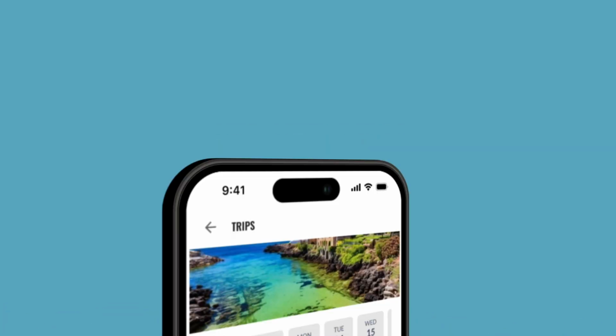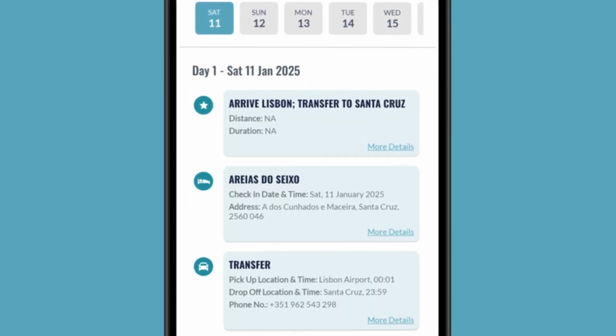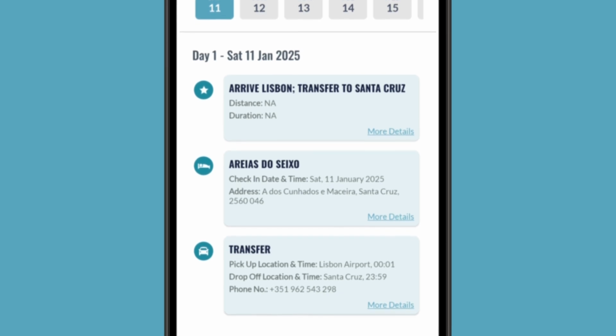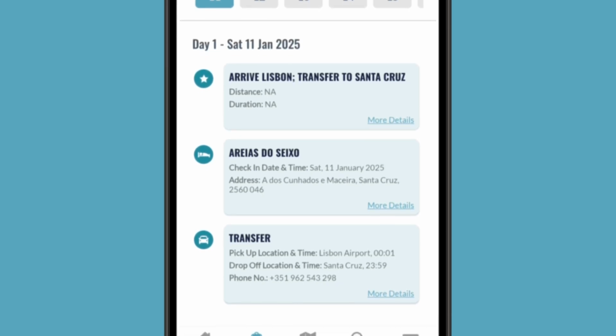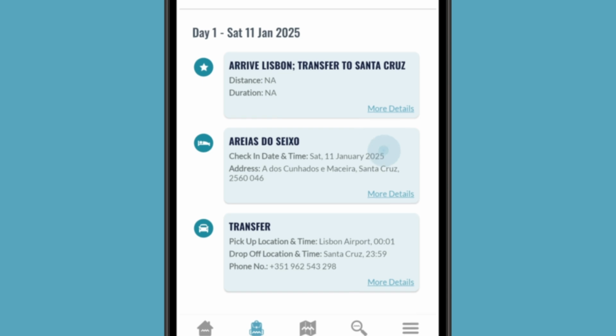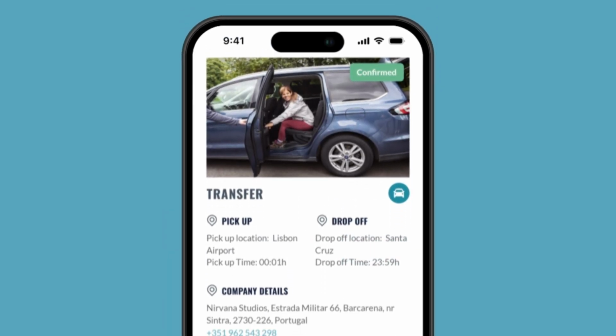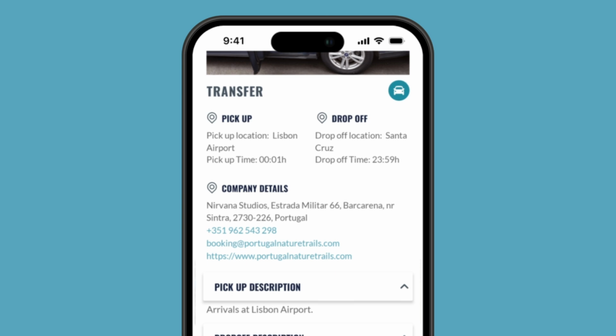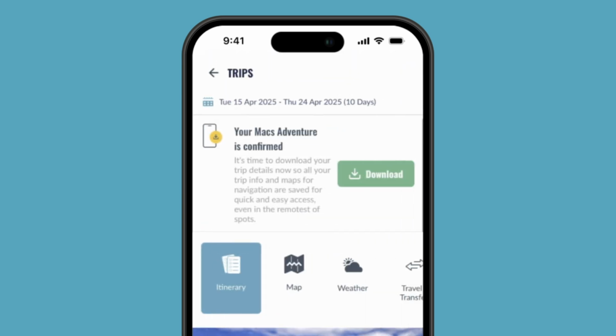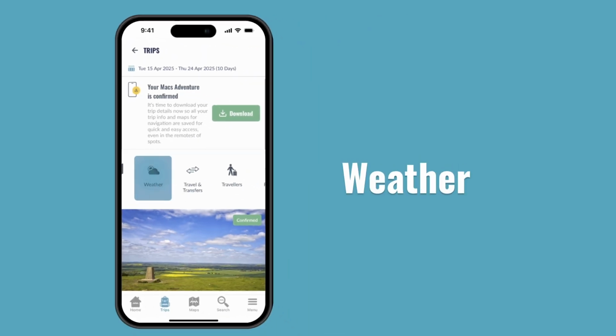Itinerary. Under your trip, you'll see a day-by-day itinerary, showing activities for the day, accommodation, and any luggage or people transfers booked. Tap on each element to get all the details, including any pickup times or contact details for our local suppliers. Swipe left here to view weather information,